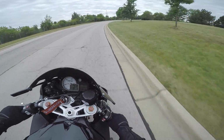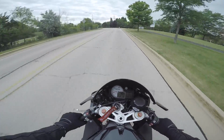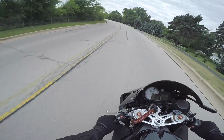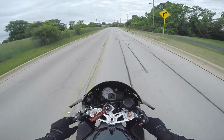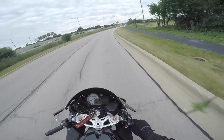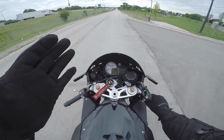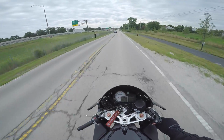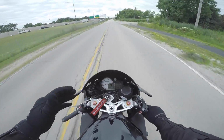Another thing is that when you get a super sport, normally these bikes are not known for low-end power. They're known for their top-end power, anything past say 8 to 10,000 RPMs. One of the biggest changes that I've seen with the BrenTuning ECU flash is the mid-range power. The power likes to come on now, I'd say around 6.5,